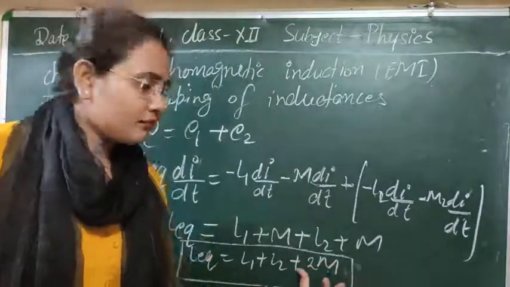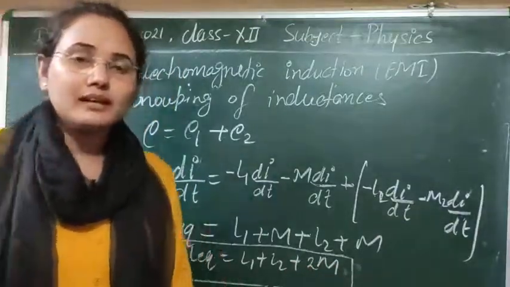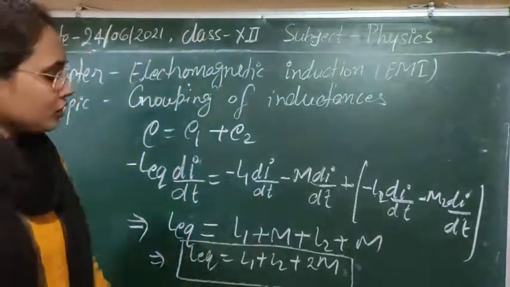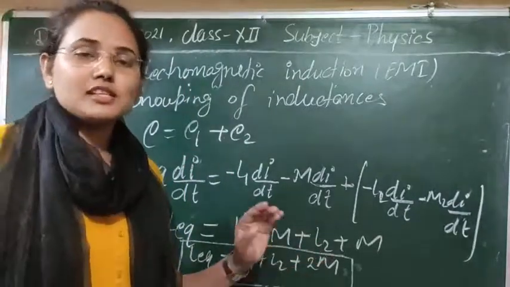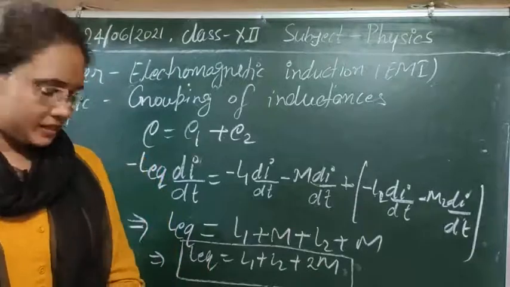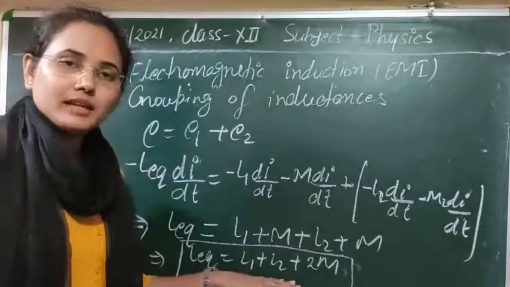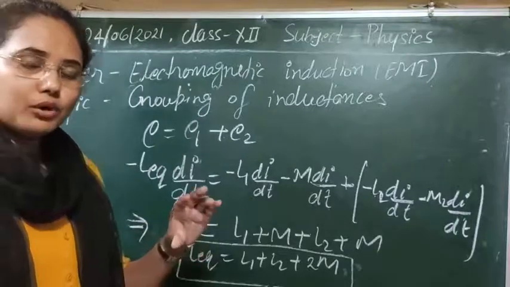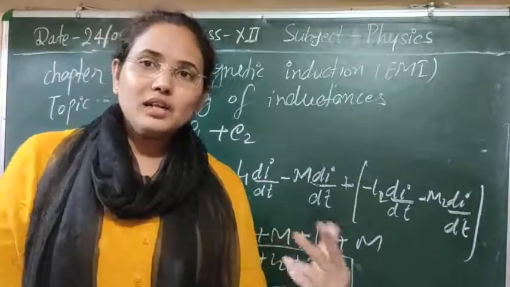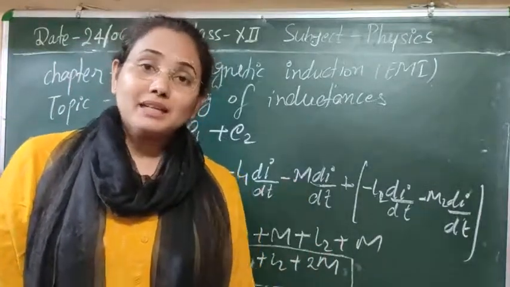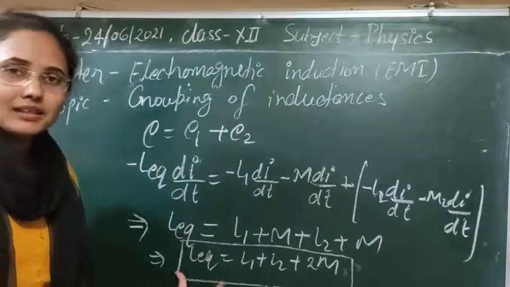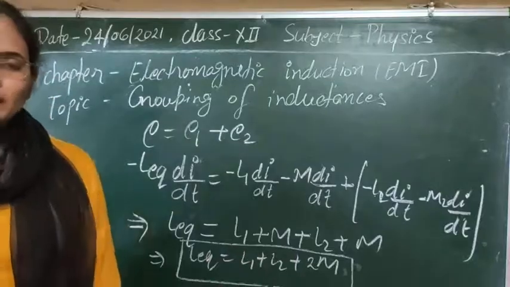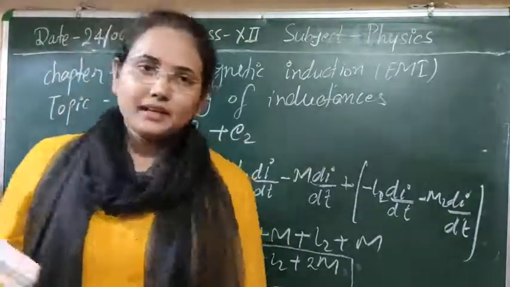If M is not 0, then from this formula we can calculate the net coefficient of induction. Clearly, if mutual correlation is present between the coils, there will definitely be an increase in the inductive property. So we always try to put two coils around each other so that the coupling effect is increased and we can make a great inductor. That's why, to produce large inductance, we use such coupling. Clear, I think, for the first case. Now let's see the second case, students.